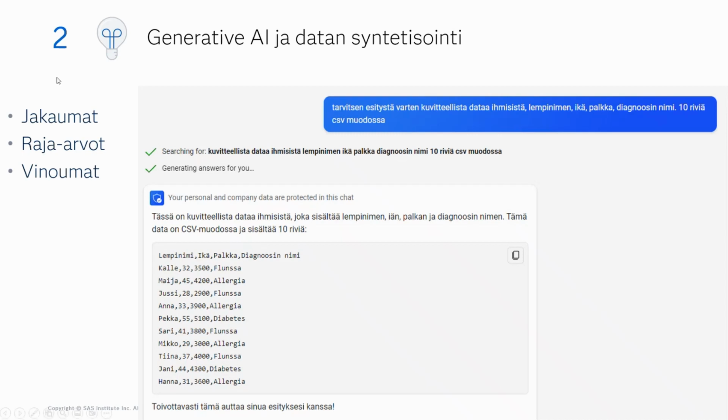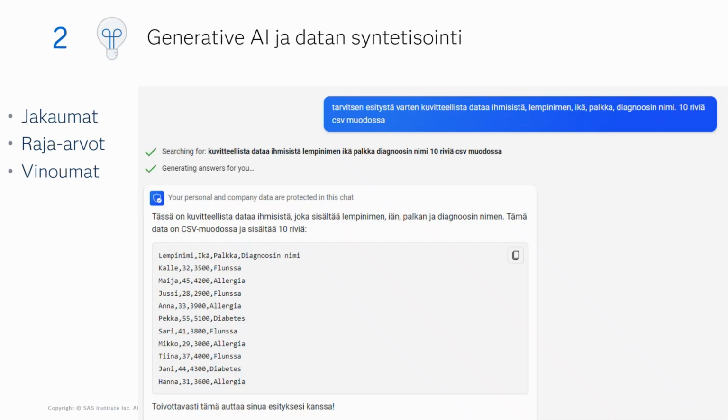Ja Sasku on hyvä näissä tilastoissa, niin me voidaan todelliselle tuotantoaineistolle, potilasaineistolle, mille tahansa, ajaa jakaumat, raja-arvot, kvartaalit, vinoumat, kaikki tällaiset tunnusluvut. Ja sitten me voidaan datan syntetisointiohjelmalle sanoa, että tee mulle aineisto, ja nämä jatkuvat muuttujat pitäisi olla normaalijakautuneita tai logaritmisia, ja tässä on tunnusluvut, minkä mukaan generoidaan. Ja sitten se rupeaa tuottamaan puppua, mikä ei ole oikeaa aineistoa, mutta on oikean näköistä aineistoa,